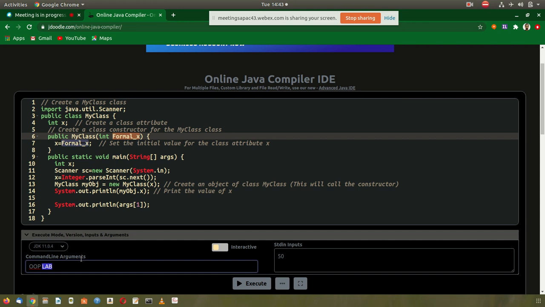So there is a basic difference between passing a value by main function command line argument and passing a value by constructor argument. With the main function you can pass the value from outside the program; if you want to pass a value to a class from outside, we need the main function so that the parameter values can be set.